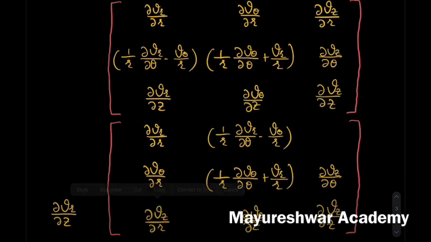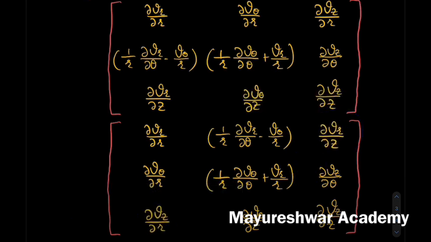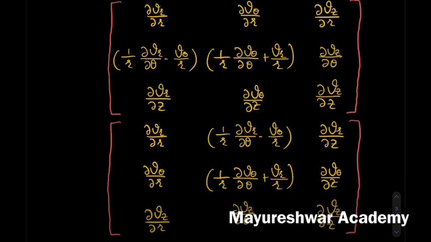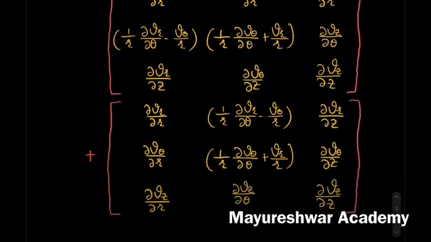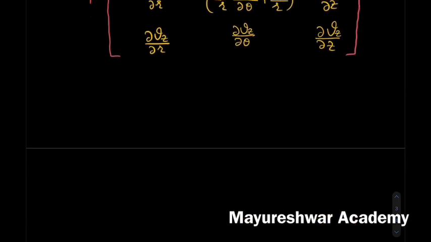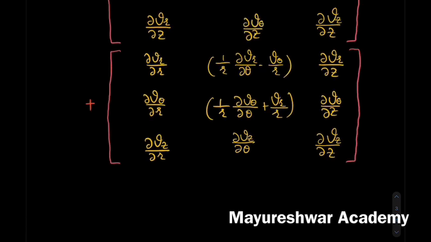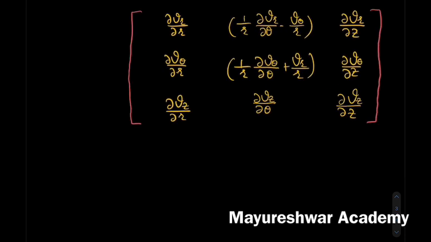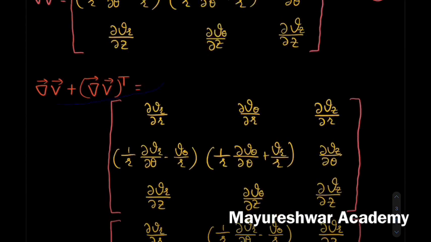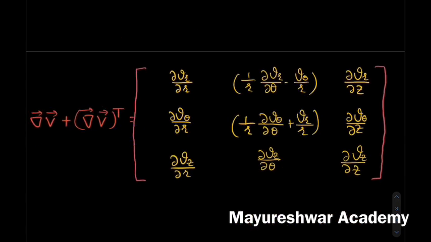Okay, so similarly the z theta terms. These two need to be added. So let us do the addition, and for this let us copy this entire matrix and paste it, so that it will be easy for us rather than writing the terms again. Okay, so this is the term which we are writing for, and let us now simplify.